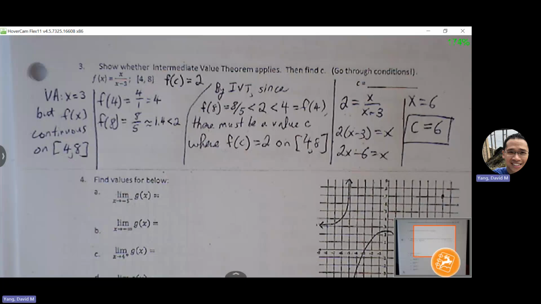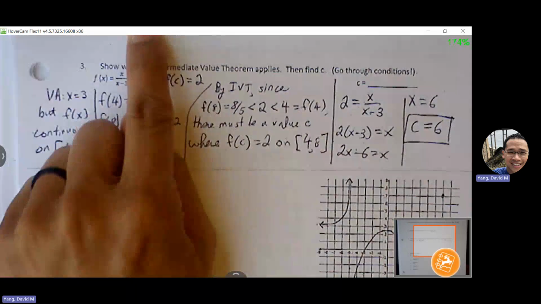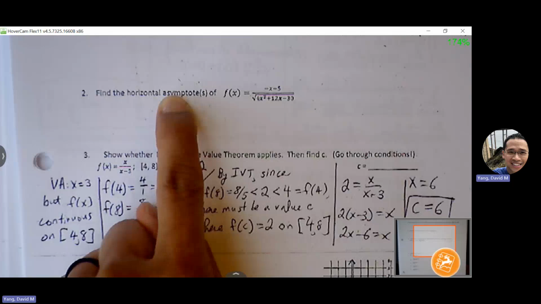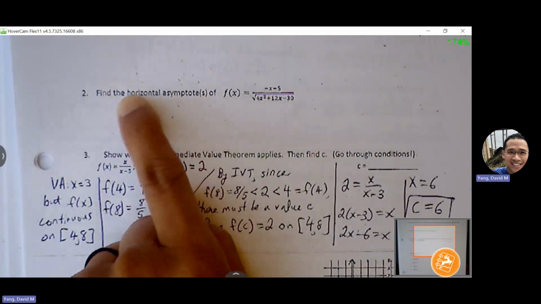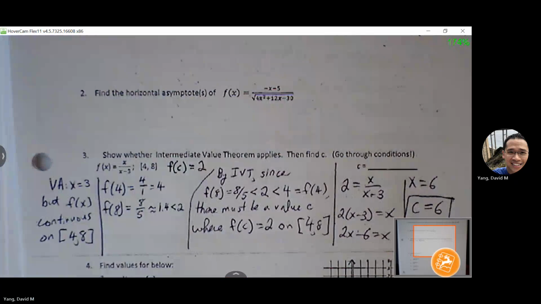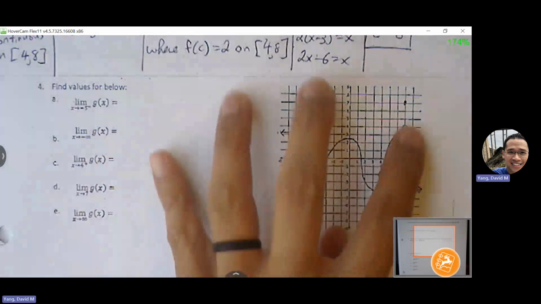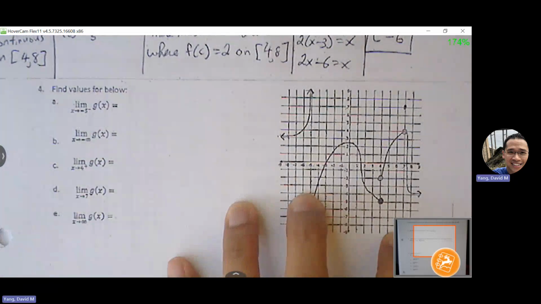Number 2, find horizontal asymptotes. There's a potential for split asymptotes. Now make sure that when you find a horizontal asymptote, you don't just say the limit, that you are actually saying y equals, right? If it's asking for a horizontal asymptote, you have to make sure you name the equation of that line, not just the number. And then number 4, this is the easier version of the one that we did before, where